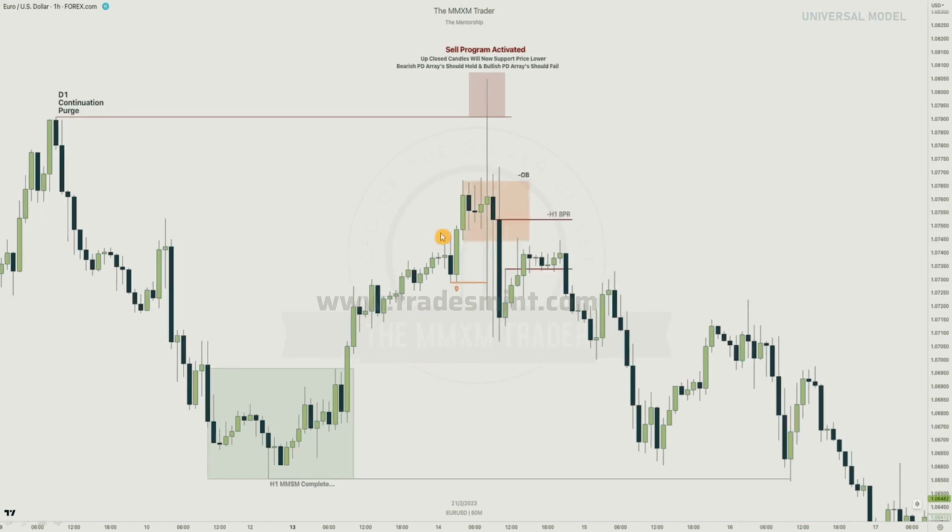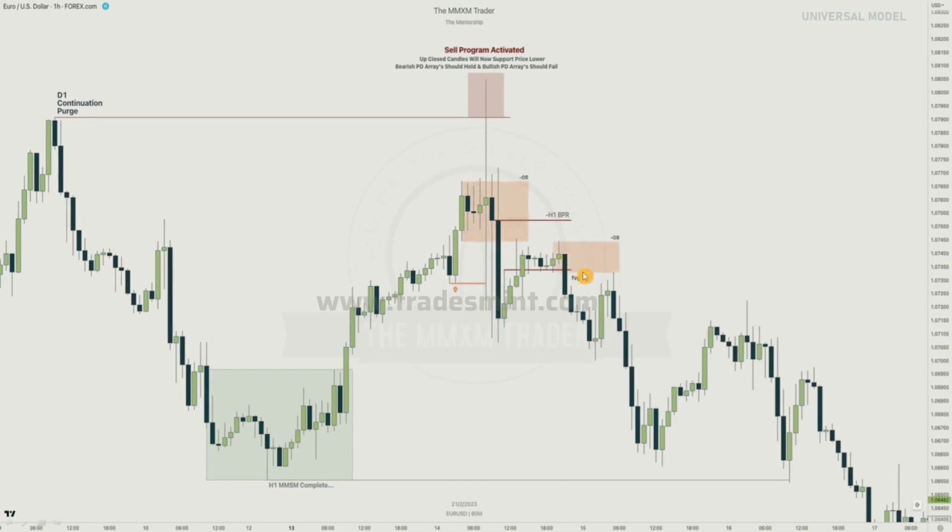So over here we've got this PPR, right? This redelivered rebalance PD array once again. This up close candle should support price lower, which it does, right? We hit it over here. This BPR is being respected, and that is an opportunity to get in on a sell trade. Another